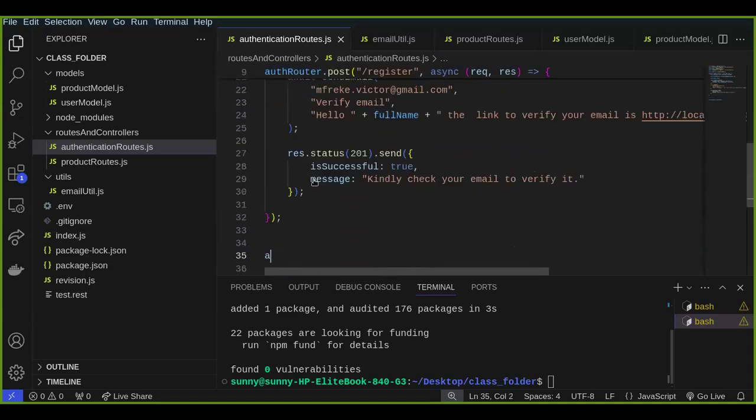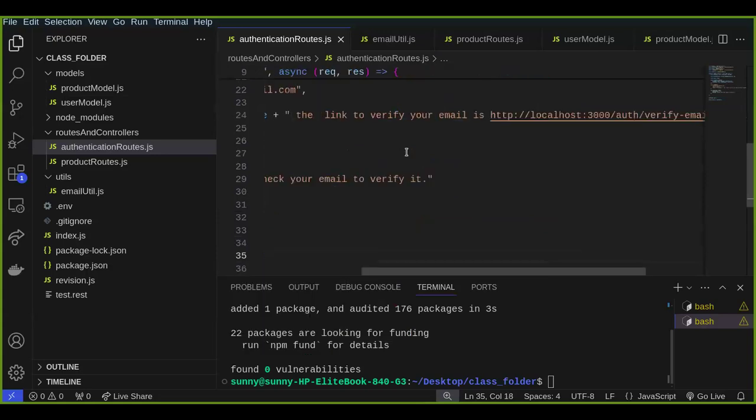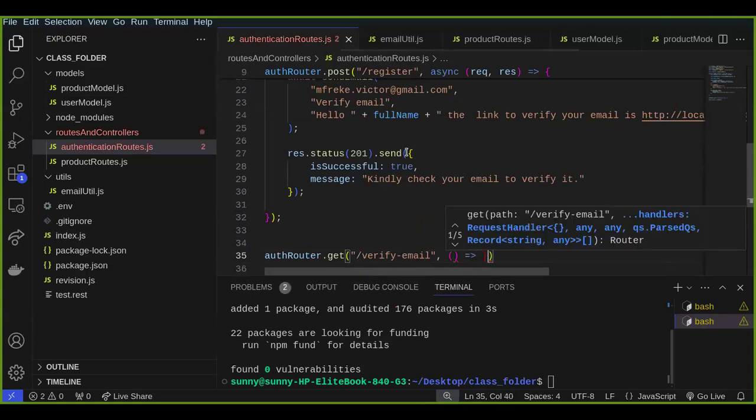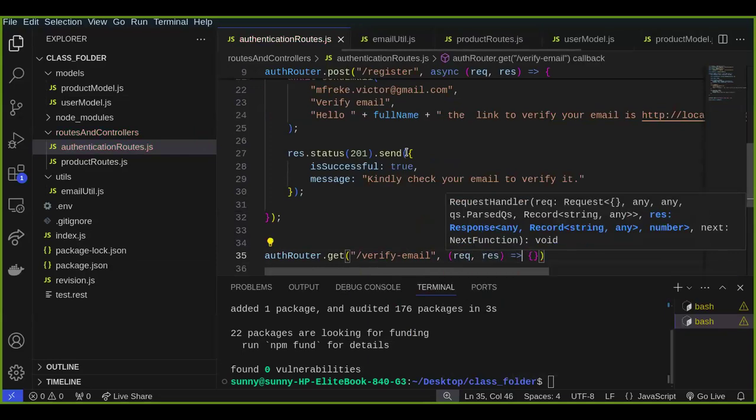I can say auth router dot get, because it's going to be a get request. So this would be /verify email and then that is going to be a request response, and then